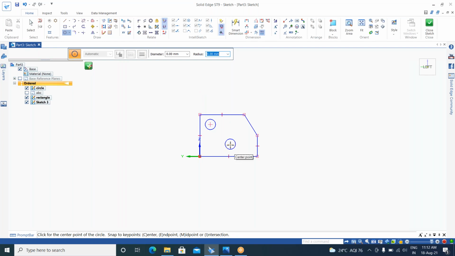So now I am going to select the concentric symbol. See, when I am moving my cursor to the circle center point, it is indicating the center point in the text. That is the symbol of concentric. So click on that one. So now I'm going to give the 2 mm radius. Okay, so now I have completely given